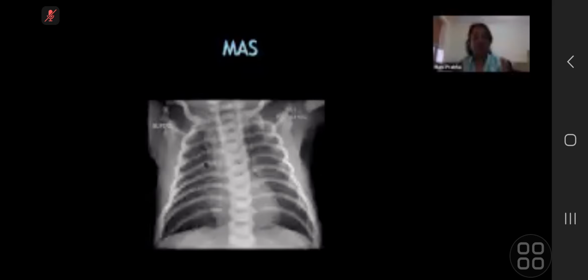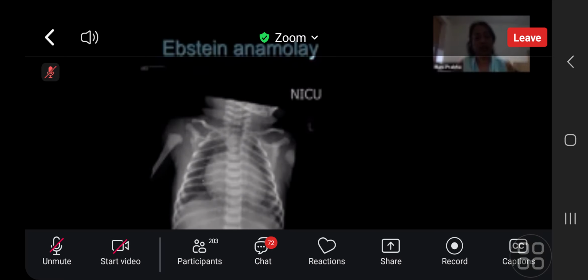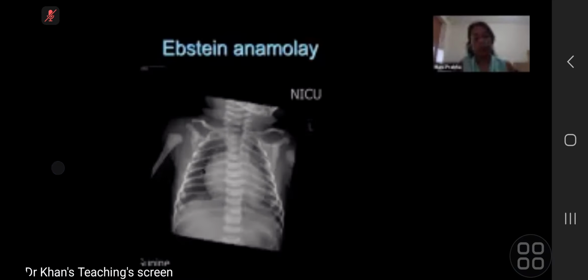And this is a case of Ebstein anomaly. It may be enlarged on the right side, that means the right atrium is enlarged, and to assess pulmonary vascularity, try to